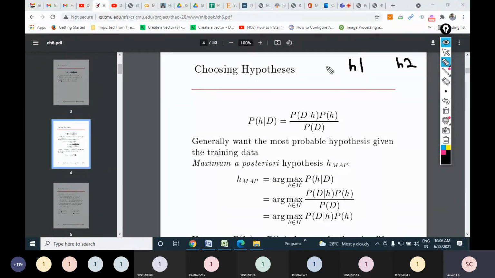For the same problem you can implement it with multiple types of neural networks. Suppose with one neural network you got H1 as your final output activation function or target function, and H2 is another output function of the same problem solved using a different number of layers in the neural network. So I can solve the same problem with multiple types of neural networks. Let us assume there are two hypotheses, H1 and H2. Now which one will you select?